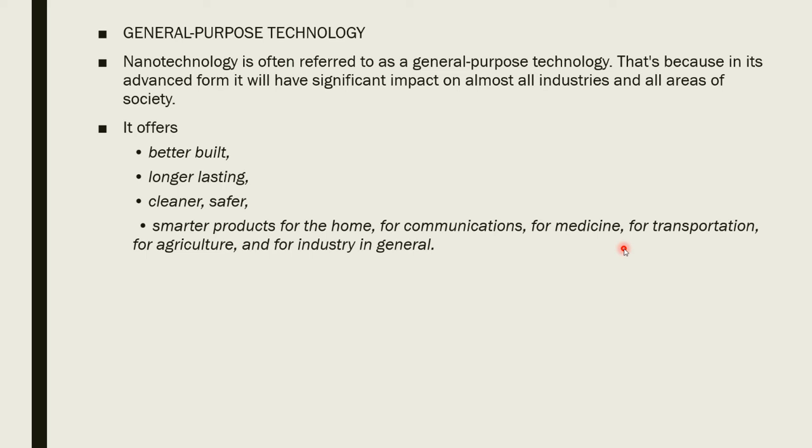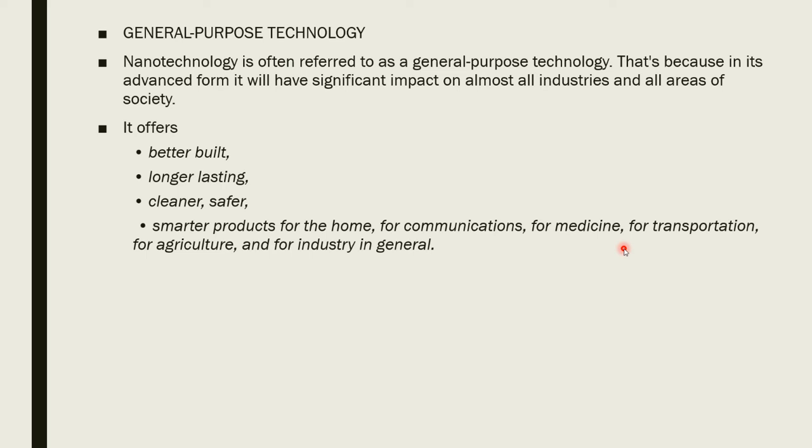So we can imagine an example like a medical device that travels through the human body to seek out and destroy small clusters of cancer cells before they can spread. This can be done by a nanomaterial device at the medical level. They can be used to destroy the cancer cells by moving through our body.